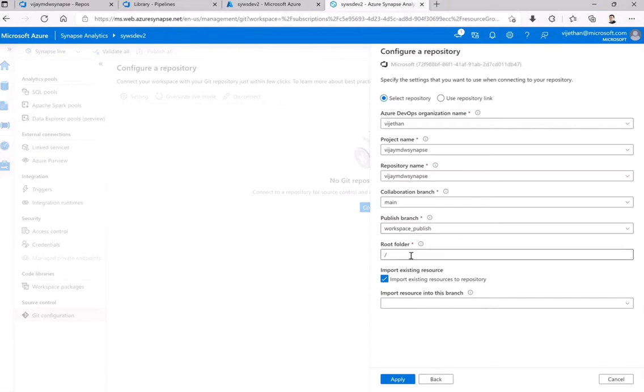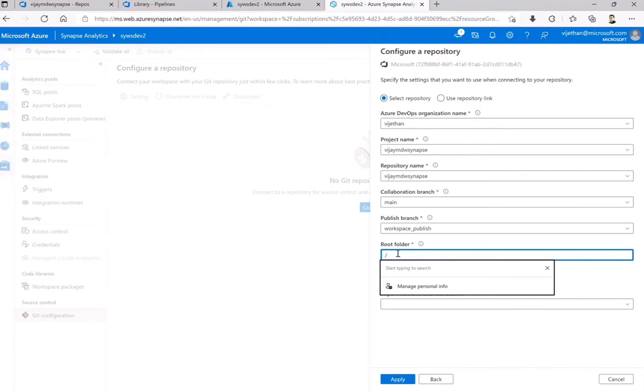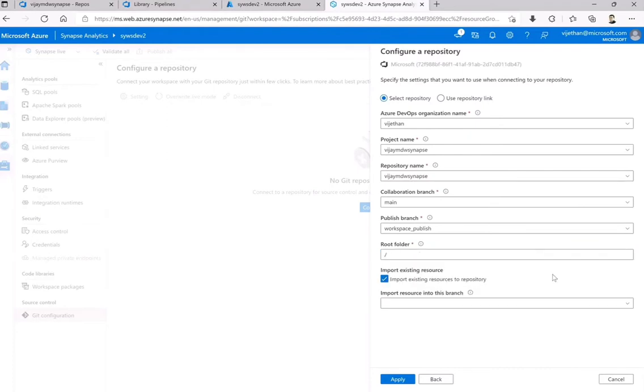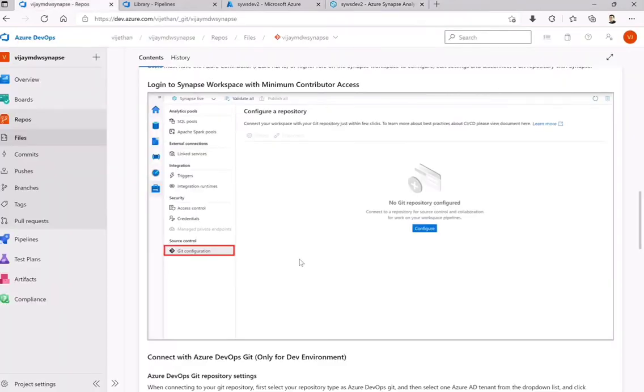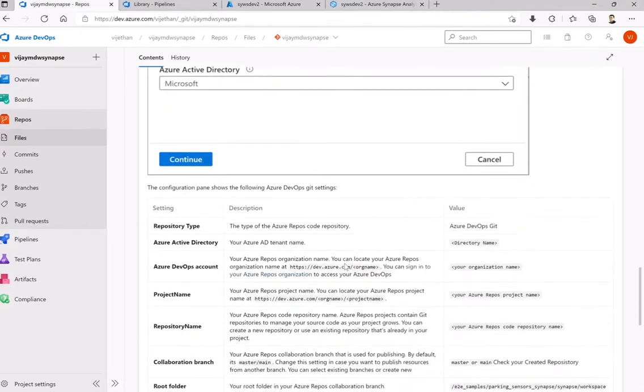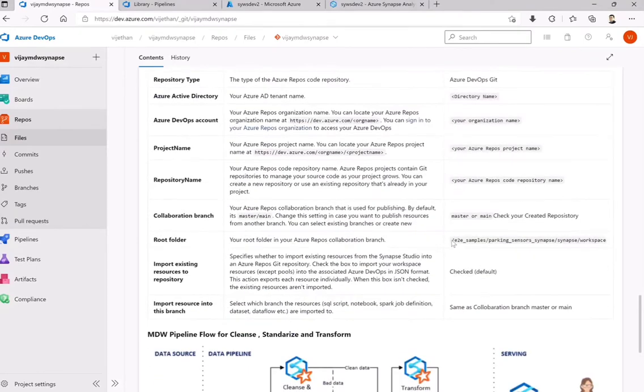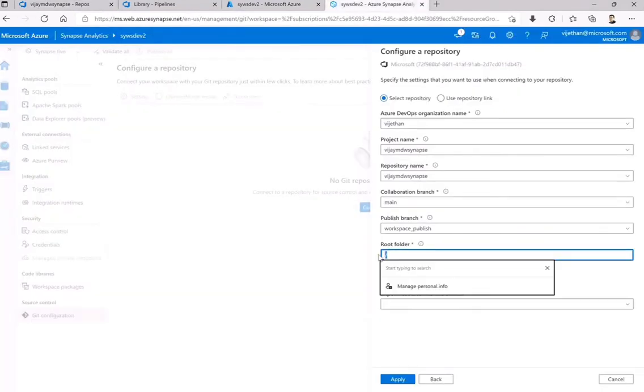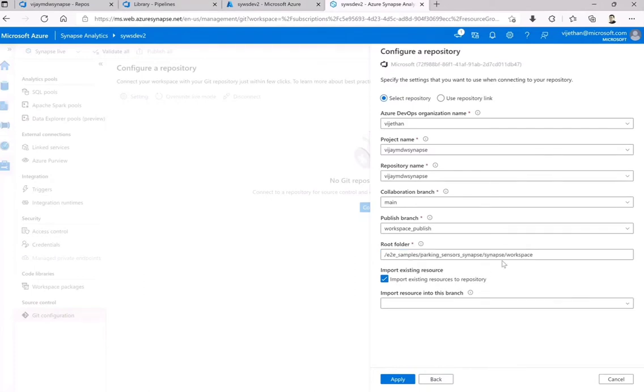Okay, and I also want to give it an appropriate path so that it only publishes to that particular folder structure. So that is the reason I've also given you this in the documentation itself. Make sure you copy this particular path so that whatever the ARM template is created, it is created in this respective workspace under the Synapse folder.